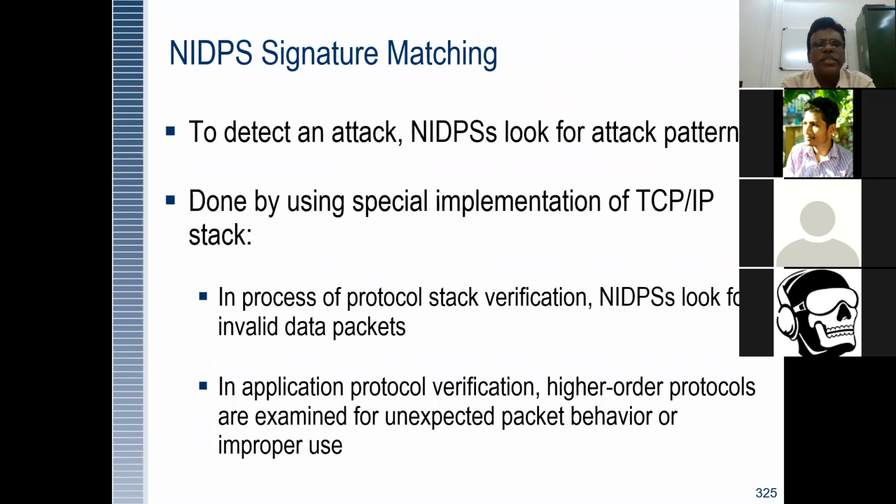Similarly, signature matching. There should be a comparison between a person who passes through the network. Is it going to be mappable? Is it going to be understandable? Is an exact person authenticated to detect? In order to detect, there should be detection of a process, an attack, and the network intrusion detection prevention system looks for various types of attack patterns.